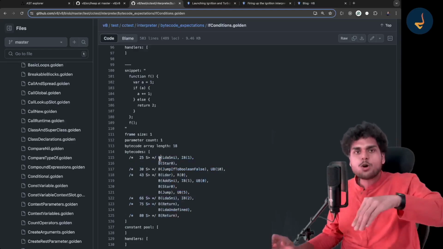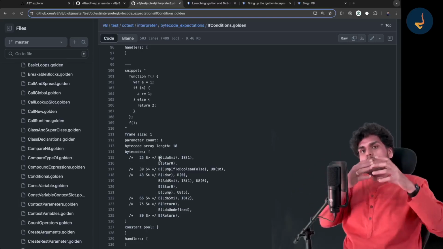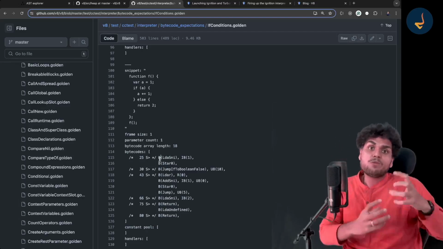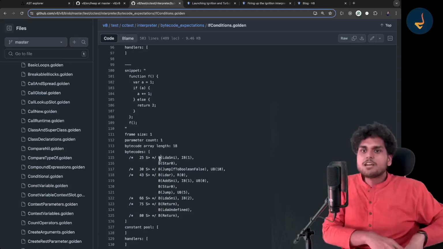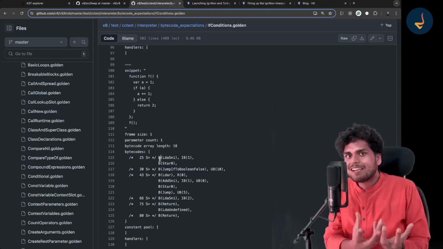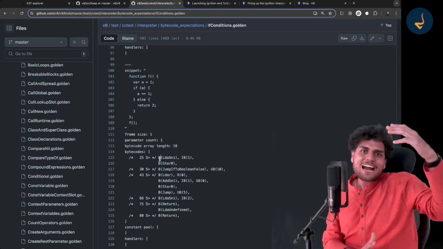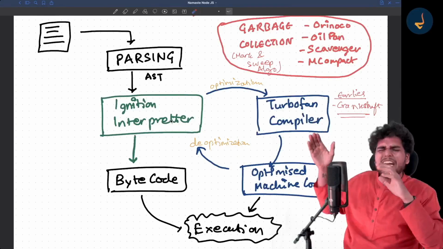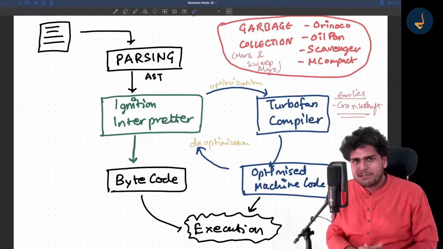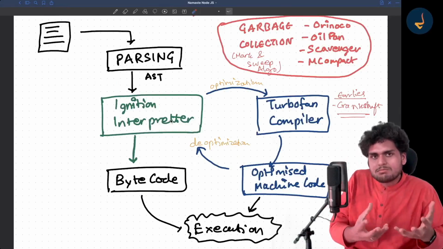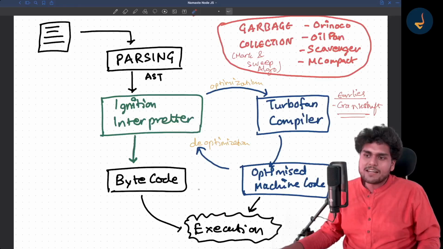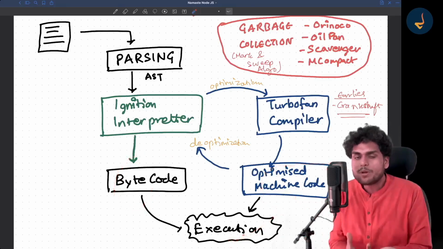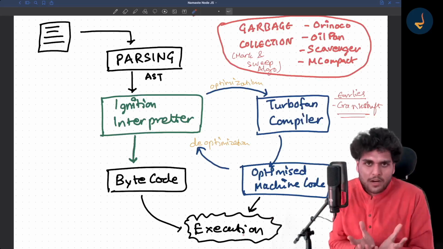After this, the code is converted to machine code, which is much more low level, much closer to the machine. And finally, that machine code is converted to binary, and the computer basically understands zeros and ones. So that's how the whole execution works. As developers, we just write very high level code. JavaScript is very high level code, and then it is converted into bytecode, then into machine code, and all this bytecode and machine code is finally executed by your computer. So that's how things work behind the scenes.